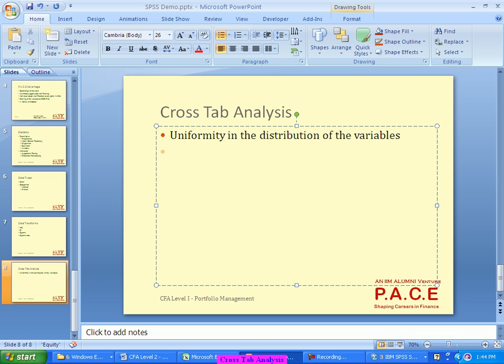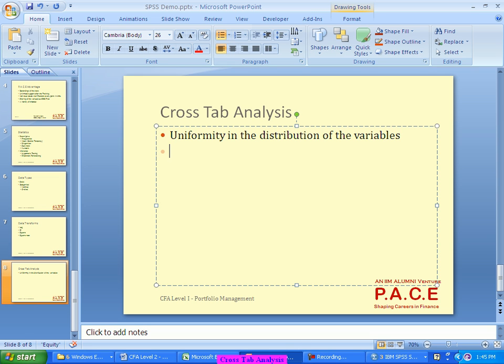Gender is in 60-40, but within the gender, when I bring in marital status, in case of males it is 2:1, in case of females it is 1:3. 1 married, 3 unmarried, whereas in case of males 2 married and 1 unmarried. So the proportion inside that is not uniform. That is what is typically brought out by the crosstab analysis. By adding one more variable, is the pattern of the distribution of the data still remaining uniform or getting distorted?